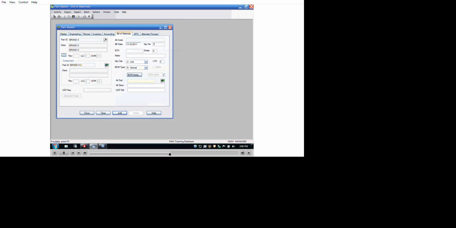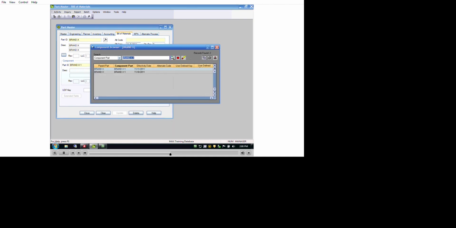The original effective date, which could have been blank for brand X1, we put on the 1st. And then we have another effective date for brand X1 on the 8th. Brand X2 becomes effective on the 8th and has a quantity per, but brand X1 on the 8th had a